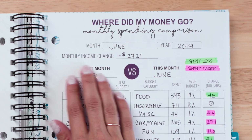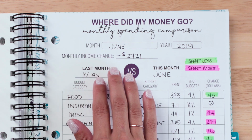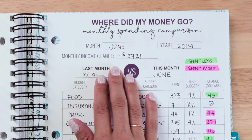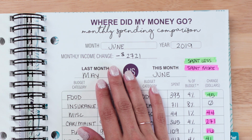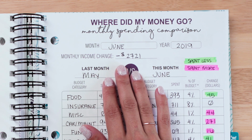Now, up here at the top is a monthly income change. This is really important because did your income decrease or increase compared to last month? Because if it increased or decreased, your spending should compensate for those increases or decreases. So, for instance, I had a huge monthly income change. I had a decrease in income by